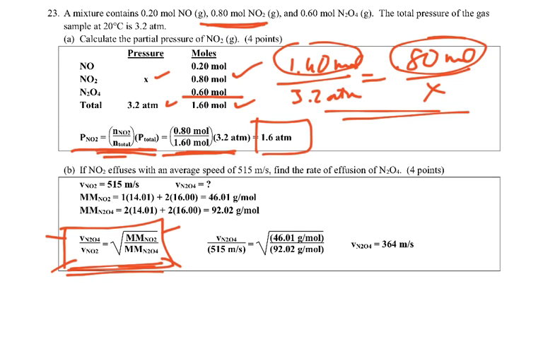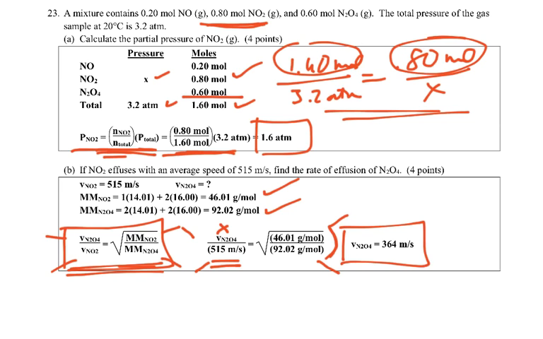So when we go back and figure out their molar masses, NO2 is going to weigh 46, N2O4 would be double that, 92, and so we're going to substitute in 515 meters per second for the NO2, and we're looking for the velocity of the N2O4. We put in the two masses, and notice that N2O4 is on the top here, but it's on the bottom here, and the NO2 is on the bottom here, but it's on the top here. And when you get all done, you find out that the velocity of the